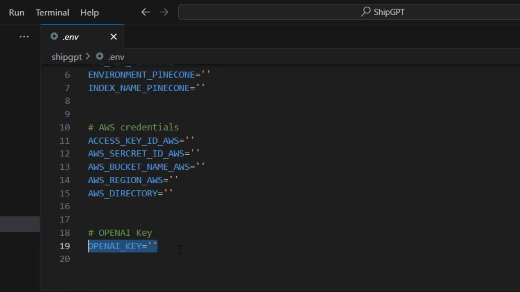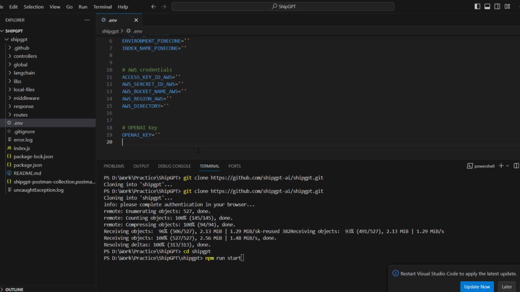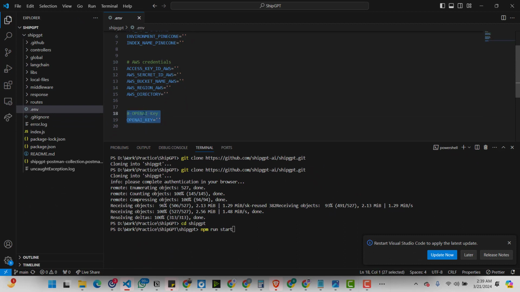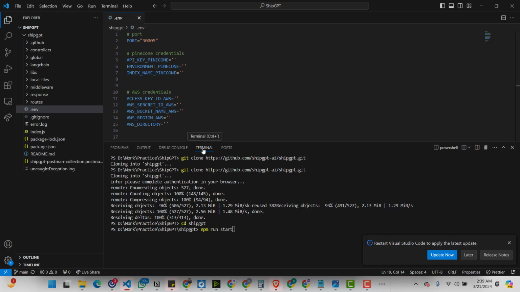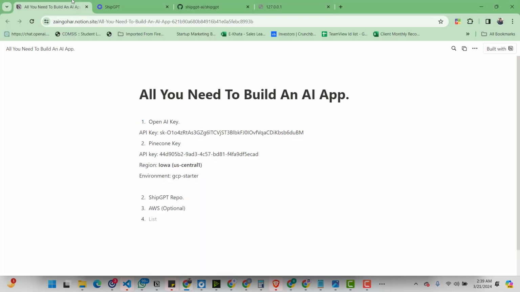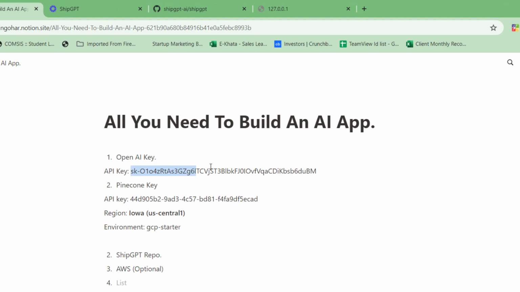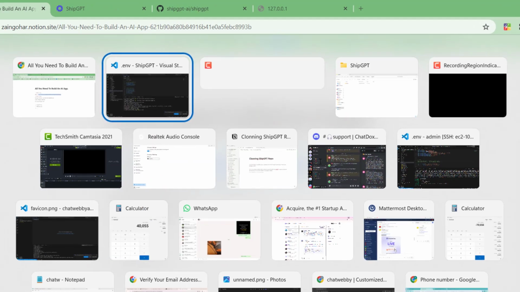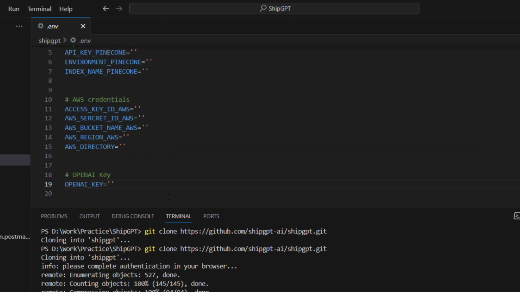There is Gemini and Anthropic Claude 2 support already included in this repo. I'll make a separate video for that as well, where we will need to insert the Anthropic or Gemini keys to access them. But in this tutorial we are going to use the OpenAI key, just the OpenAI key. So let's fill these envs. For that, let's go to our browser. So this is the OpenAI key. Let's first fill it,